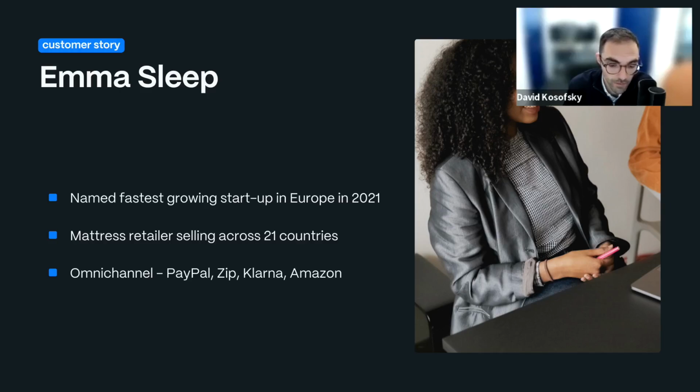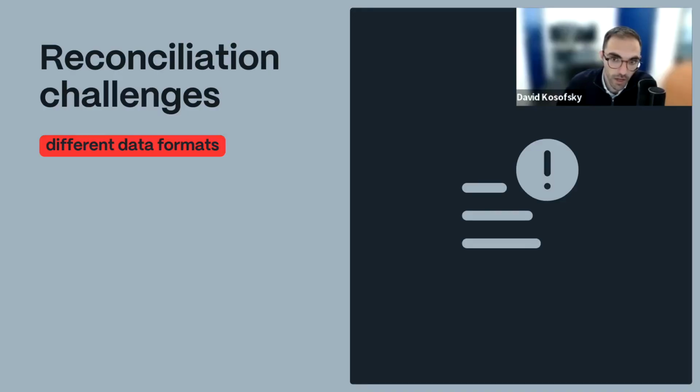So they're selling through Amazon, and on their website, you can pay with buy now, pay laters like Zip and Klarna, and PayPal, and Google Pay, and classic credit card. If you can imagine the accounting and finance aspect of that business, it's really a lot of growth and a lot of data and a lot of complex stuff going on. So we'll come back to Emma Sleep a bit later. I just want to focus first on some of the classic issues when we're thinking about reconciliations.